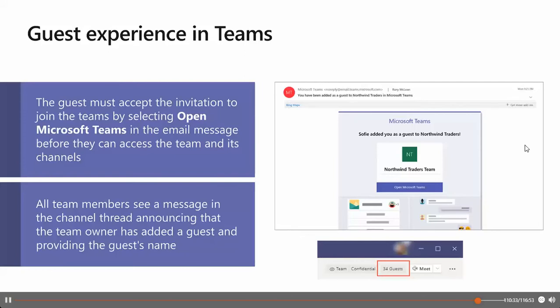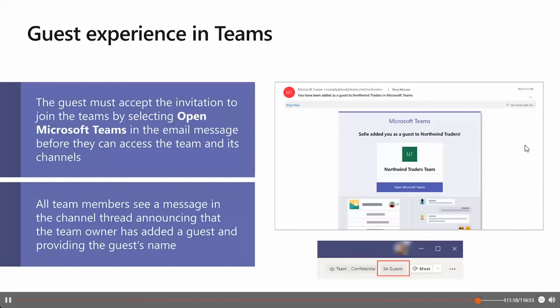Obviously, you could provide additional parts with Power Automate or any other kind of services to have a better intro about the bio of the user, whatever you want to reach out there. So everyone on the team can easily identify who is a guest. That's important maybe for specific communications and so on, so that you have a great experience on that as well. A tag in the upper right corner of the channel thread indicates the number of guests, as I mentioned. So we have a clear label next to the guest name. The guest user access restriction policies are built on Azure Active Directory, which determines the permissions for the guests in your specific directory.